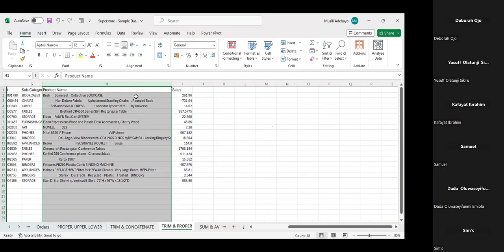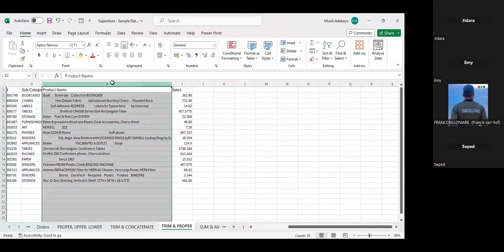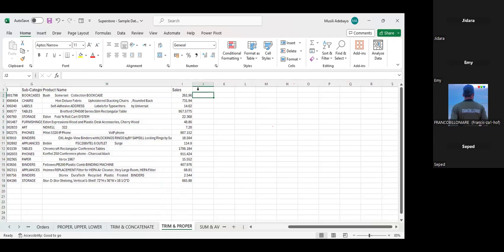If you remember, for our proper function, when we used it earlier, we were just able to use it to convert words like bookcase to capitalized words. While with the trim function, we are able to remove the white spaces. Well, what about in a case where you want to do a total data cleaning? So in this case, we'll be using the trim